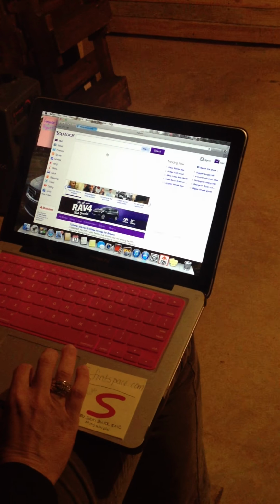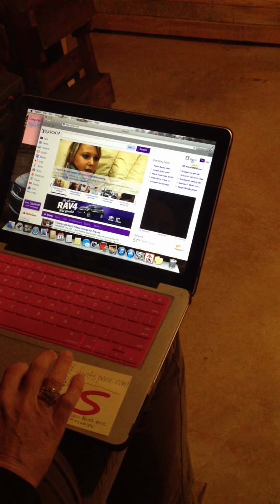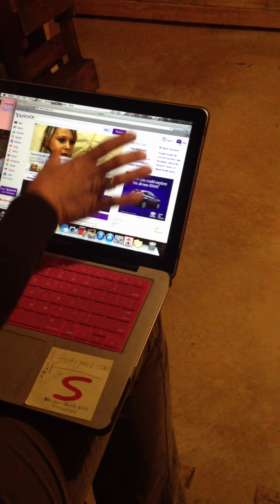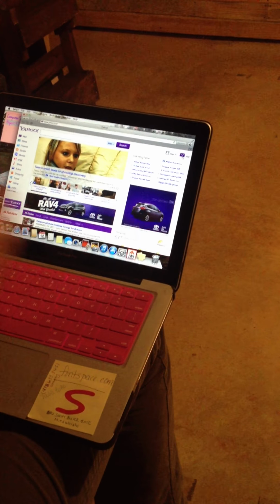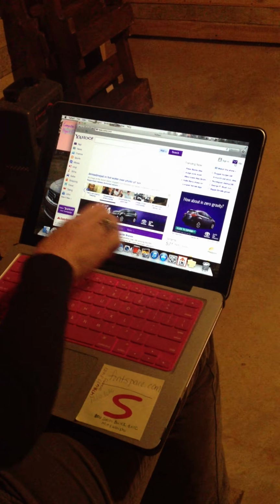Now, to briefly show you about Webmail, I'm going to go to yahoo.com, which is pulling that up now. Now, as you see the sign in, you would need to sign in using your username and password, and then you would click on the mail link, and it would pull up your emails. Then you would be able to receive your emails and create an email to